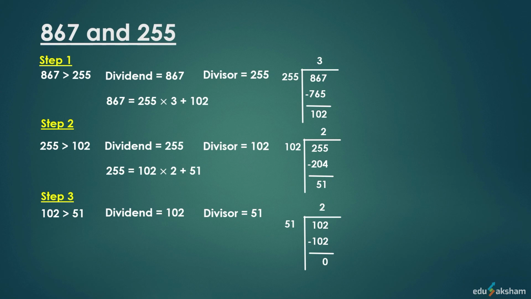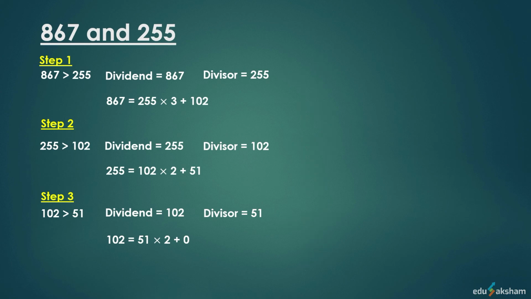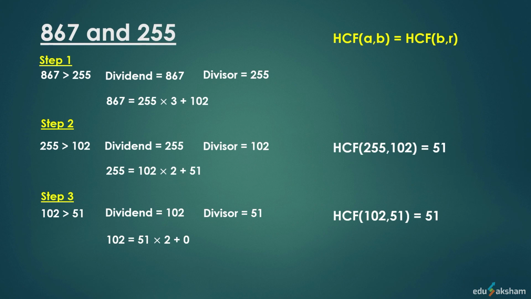102 can be represented in the following manner. Now, we get the remainder as 0, which means 51 divides 102 exactly, and 51 is the HCF of 102 and 51. We know by Euclid's division algorithm, the HCF of A, B is equal to the HCF of B, R for every pair of consecutive steps. Therefore, the HCF of 255 and 102 will be equal to the HCF of 102 and 51. Now, if we consider steps 1 and 2,